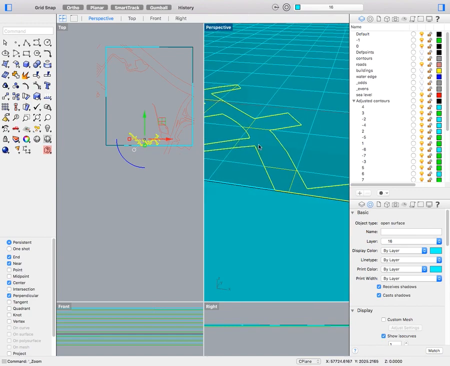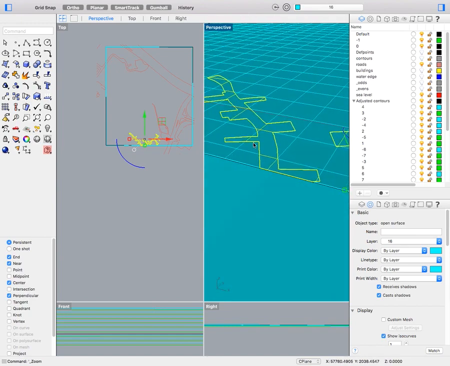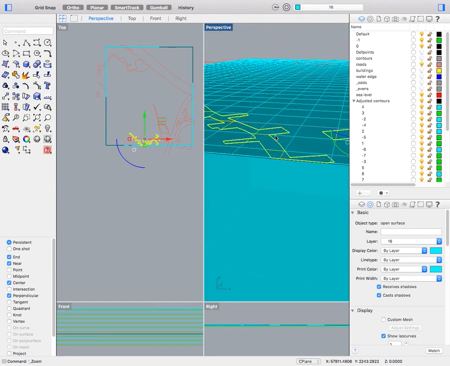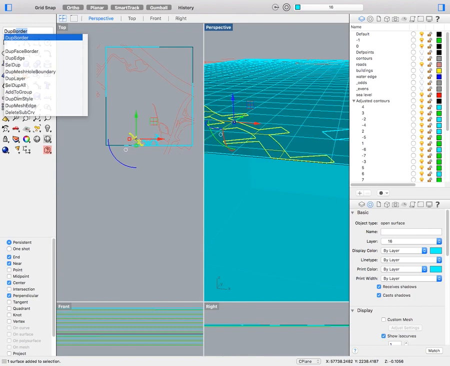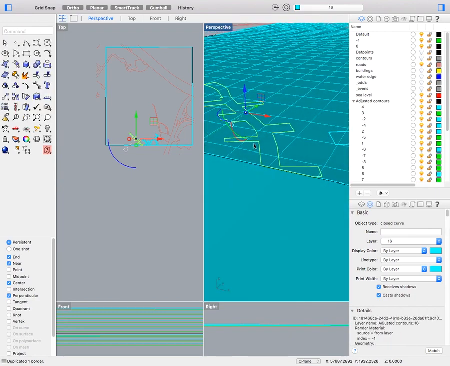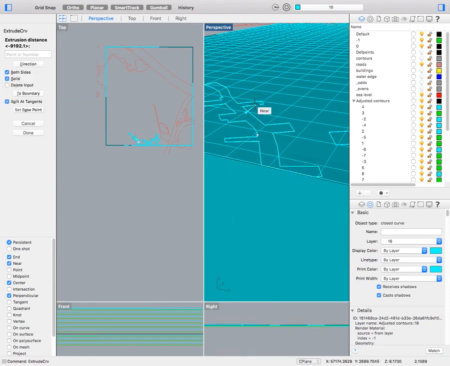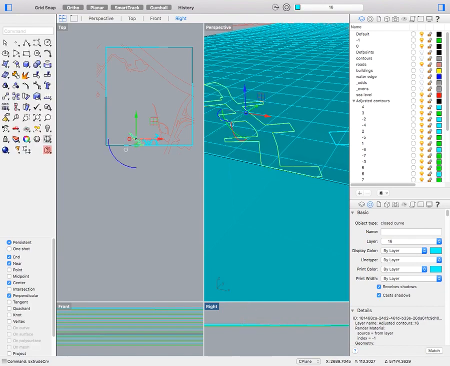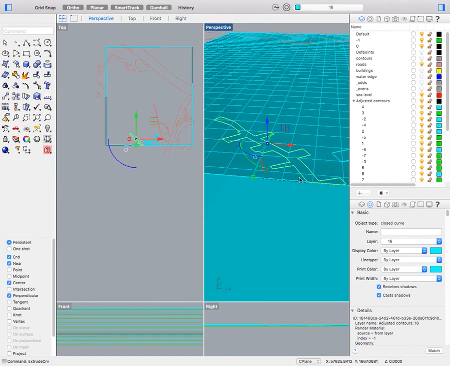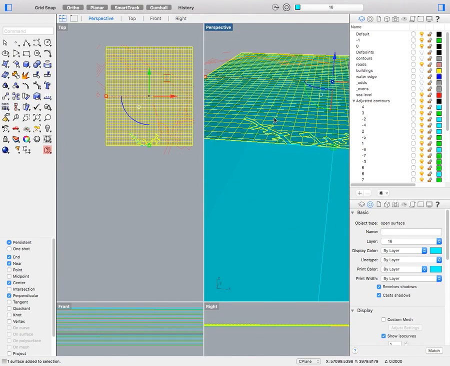So now what you have to do if you want these roads is join these two surfaces together with the extrude command. If we take this and duplicate the border, then we have this edge that we want to extrude up that 1 meter. And then we can take all of these